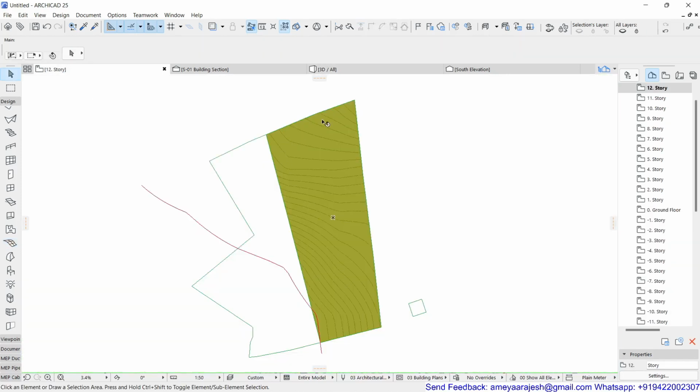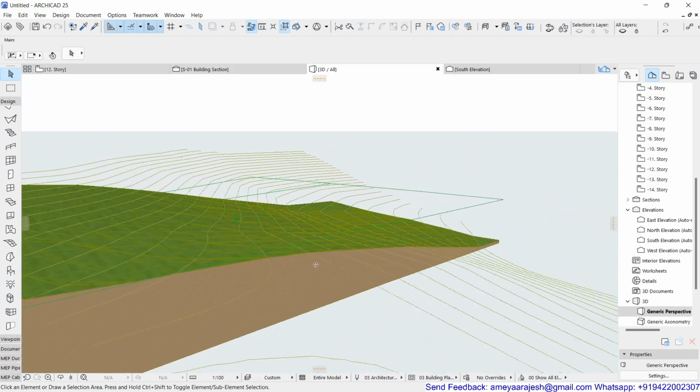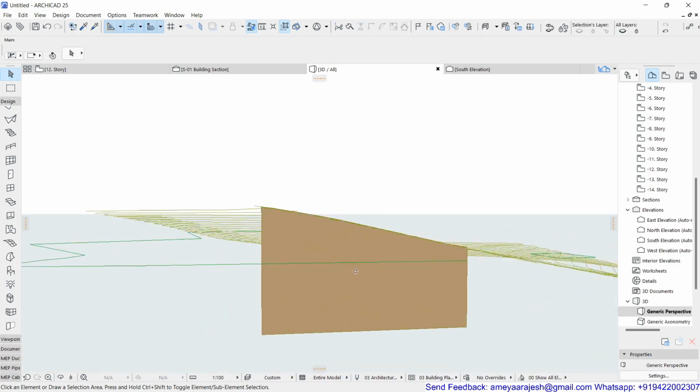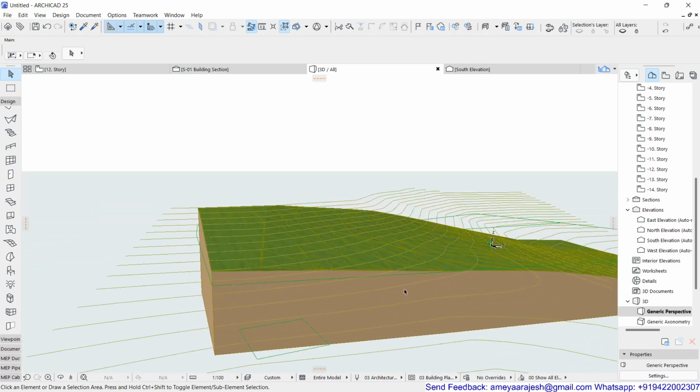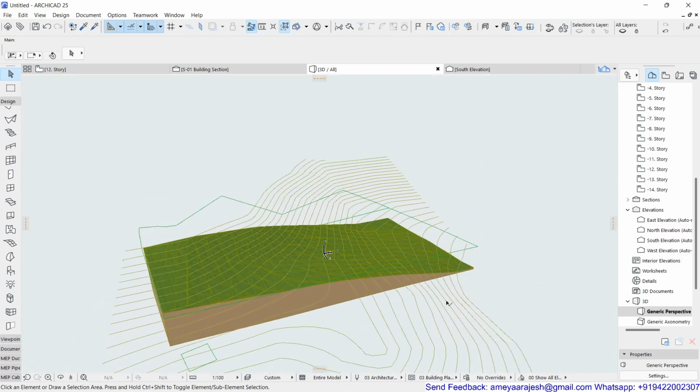After tracing all the required contours on the targeted mesh, now remember, if you want to use this further for your design purpose, obviously that's the main target, the only problem is that I may not be able to continue with this particular file. The reason was there are several stories which I have designed. These stories are on the 1 meter level, and maybe they are not in my favor for my further drafting purpose.